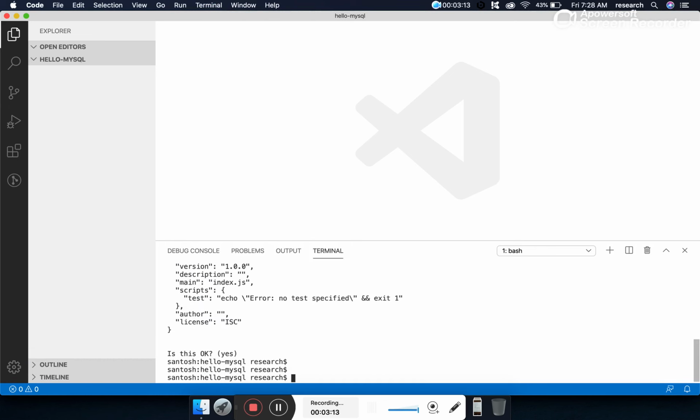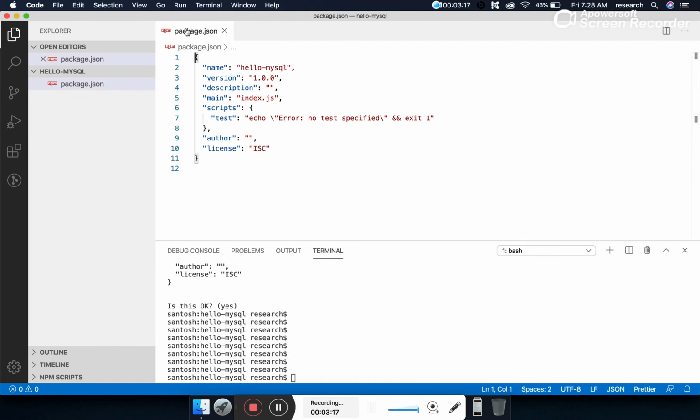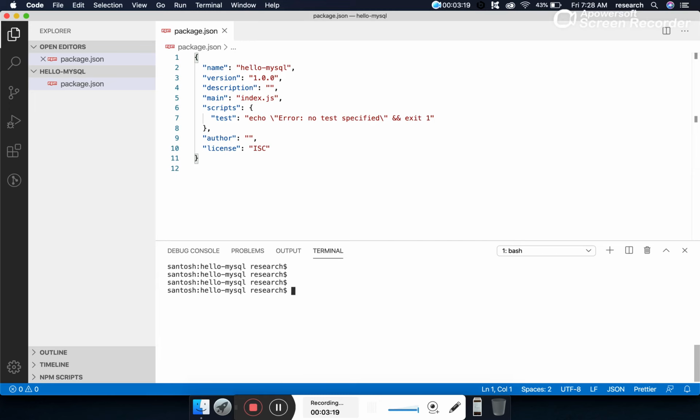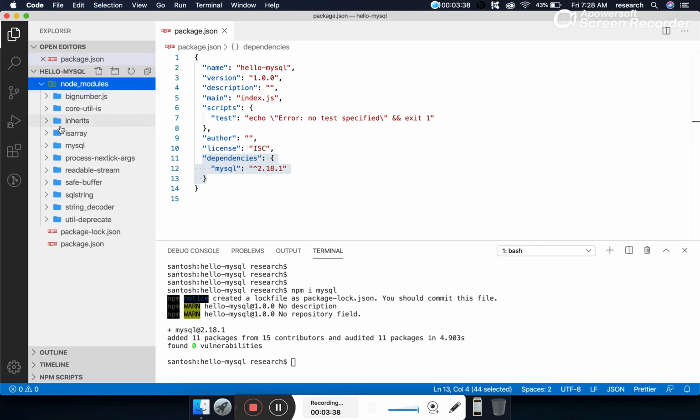So let's open a terminal and type here npm init. It asks us a set of questions. We'll answer blank. package.json is our meta information file about the project. Since we are going to use MySQL in our project, let's install this external module: npm install mysql. As soon as we install mysql, we will find the dependencies section has been updated here, and a node_modules folder has been added, which contains all the dependencies for MySQL.